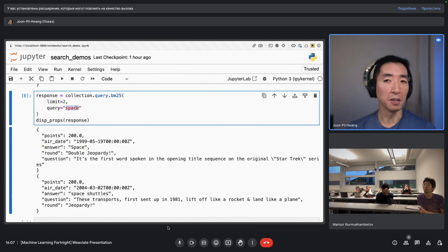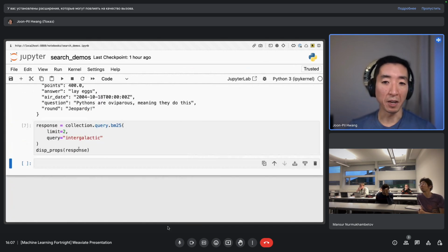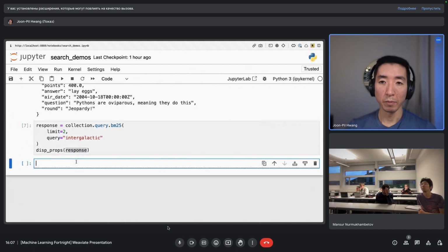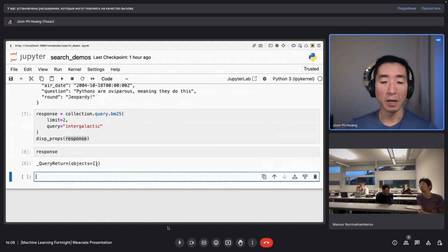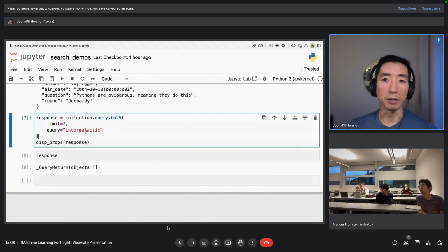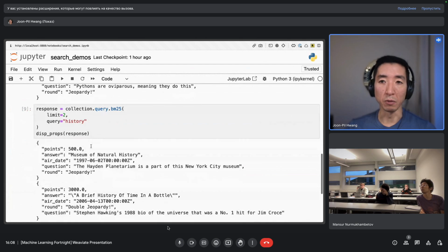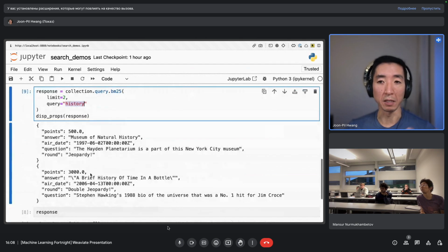And now if I use a synonym, like the Beastie Boys song, I'm not going to get any results. Look at the response, it's actually just a null list or an empty list in the results, because it's not matching for that word and it's not finding anything. The same thing happens regardless of what word I search for. It's basically going to search for these objects based on my query and the scoring metric.